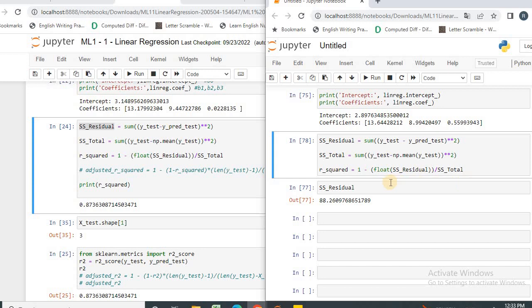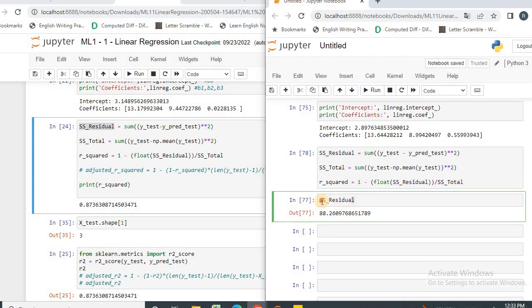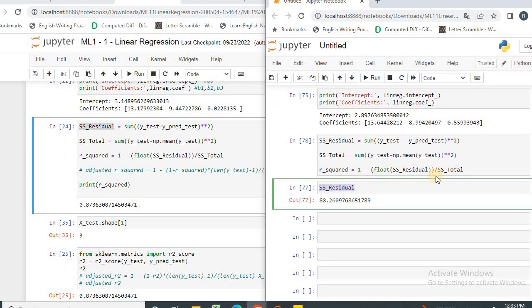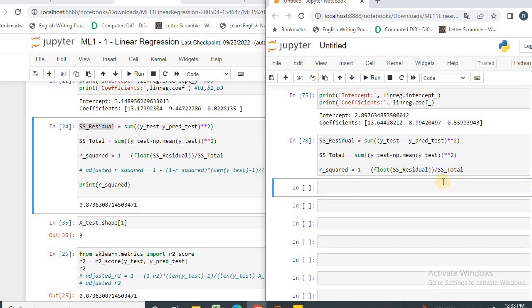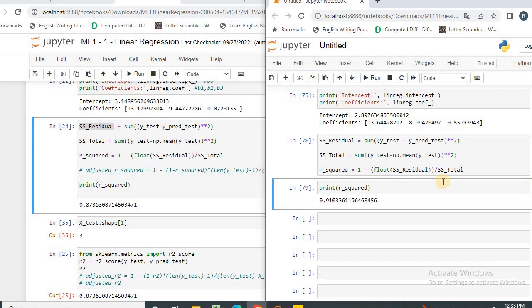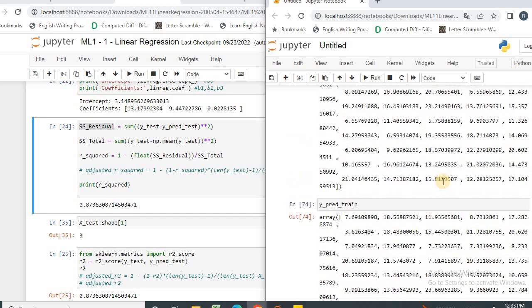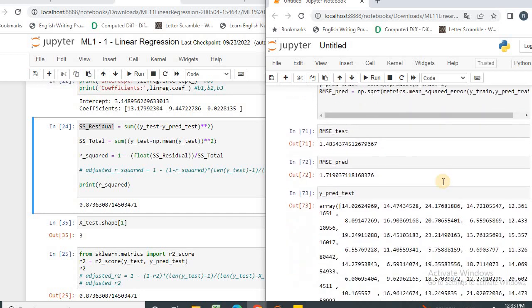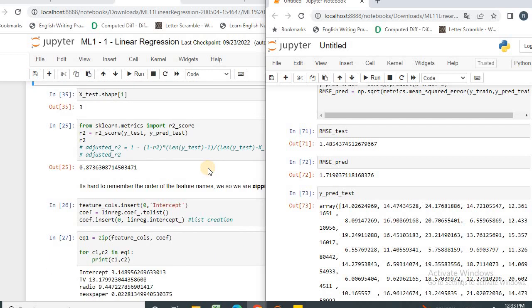So print, it will come as 0.91. Okay, so you can see that it will come as 0.91 and here this RMSE value came as 1.48, 1.71 something. Okay,